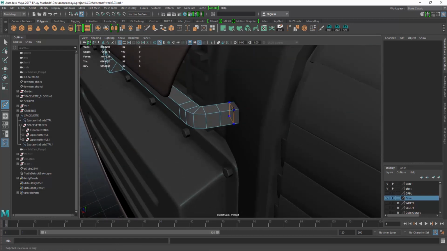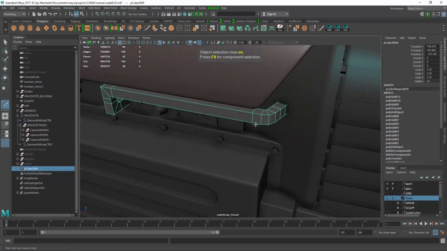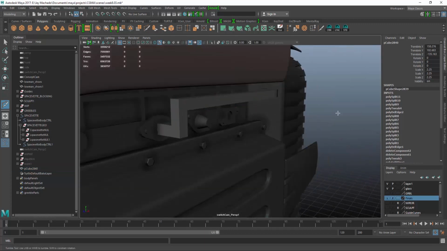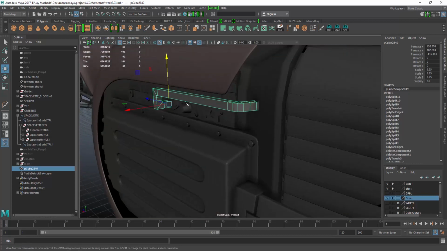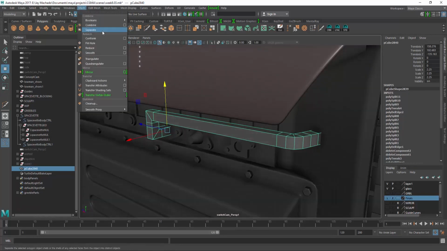And we'll make an edge loop here that will kind of become the sort of cap piece. So obviously this is very square right now. So I'm going to actually smooth this piece,